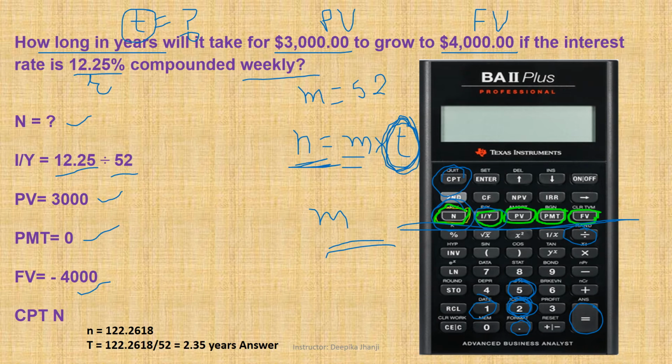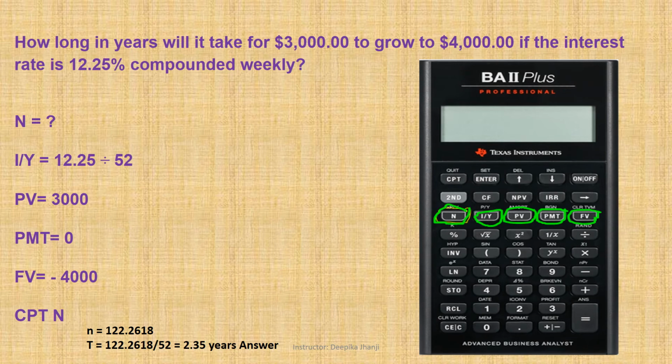Another thing to notice is in compound interest questions, we need to set PY and CY at 1. And the steps for that are, you'll use shift key. Okay, so shift and then you'll use IY key. It will show you PY. This has to be 1. If the screen shows different number, make it 1 and then enter. Your screen will display PY equals to 1.